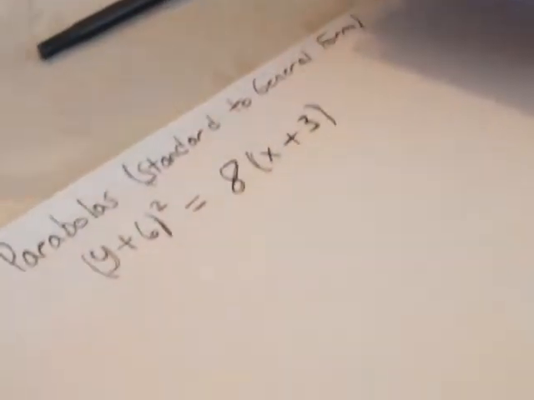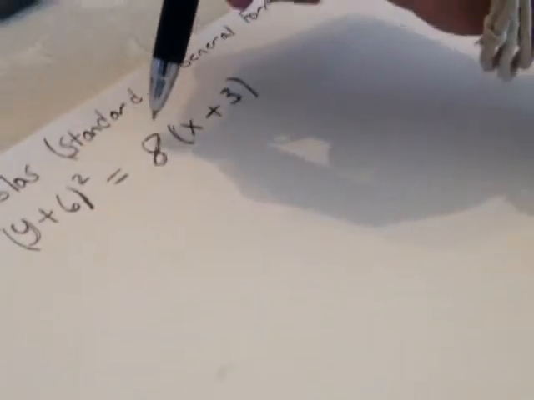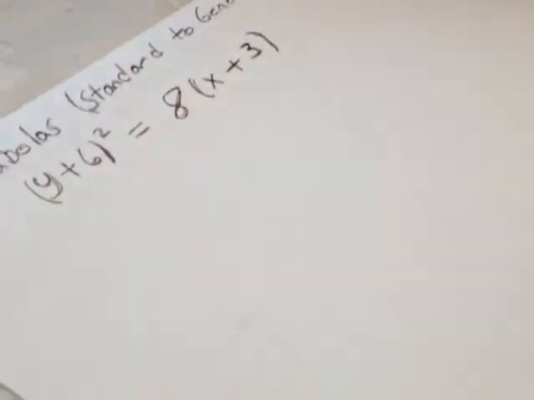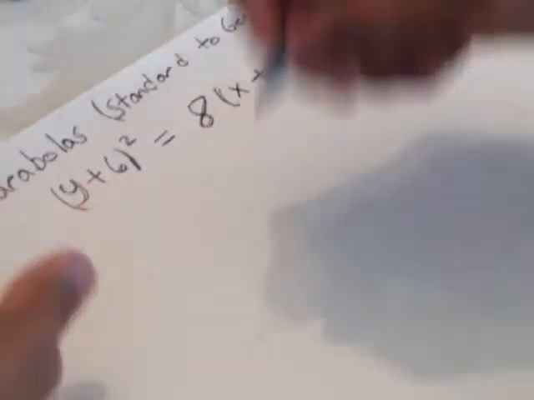Today we will be learning about parabolas, standard to general form. Today's equation is (y + 6)² = 8(x + 3). The first thing you'll want to do when changing a parabola from standard to general form is write the